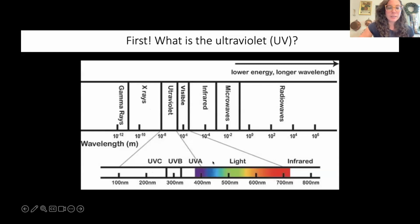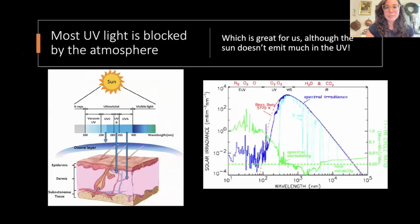And the reason is because most of UVC light, for example, is blocked by the atmosphere, but UVA light can get through the atmosphere. So certain sunscreens you need, depending on where you are, like what altitude you're at, you might need better coverage. But as Dr. Parks said, UV astronomy is really hard because the photons don't get down to the ground; they get blocked